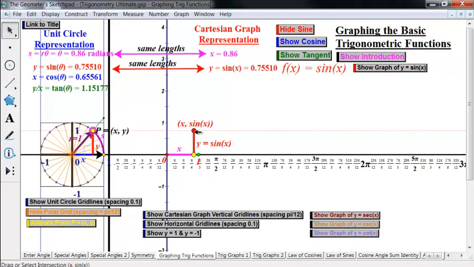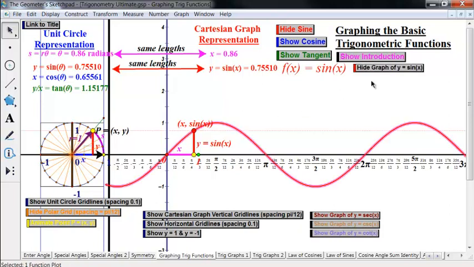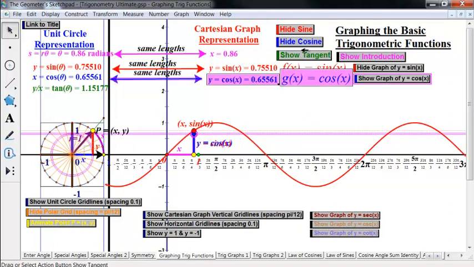the unit circle. It's also the y value in the Cartesian graph. The input is the angle over here in the circle, same as this arc length, which is the x value here, and that gives us a graph of sine. Similarly, cosine,